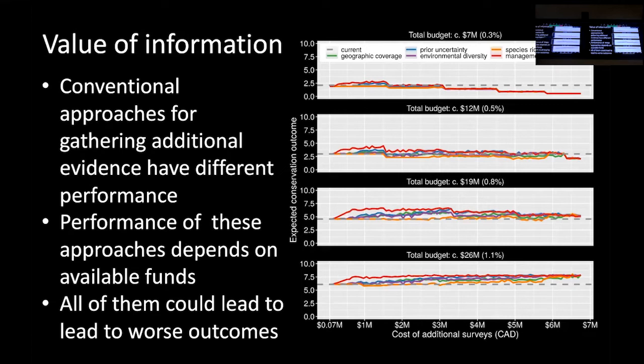What was interesting here, this red line, is our management cost approach. That's where you're just surveying places with the cheapest land acquisition costs, which is really surprising because often we'd like to think things based on biogeographic theory might be useful for conservation. But it turns out this simple rule of thumb worked really well in this study system, which is possibly due to the fact that there's such a large range of protection costs.